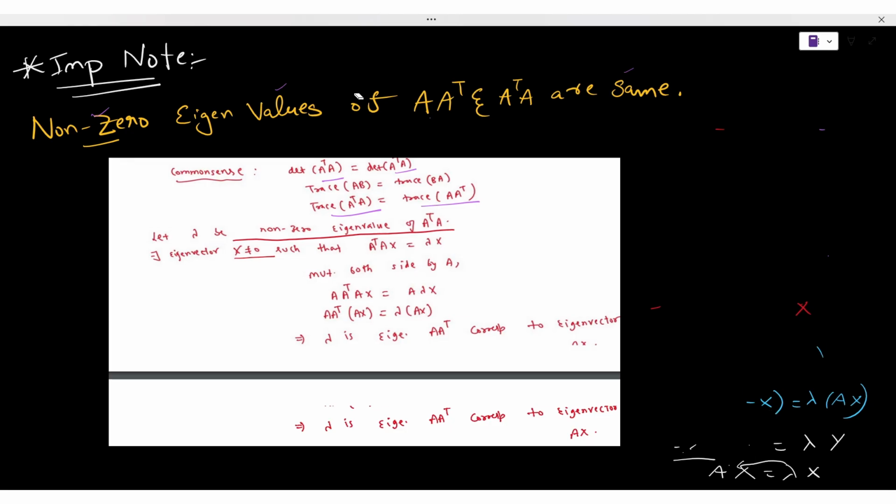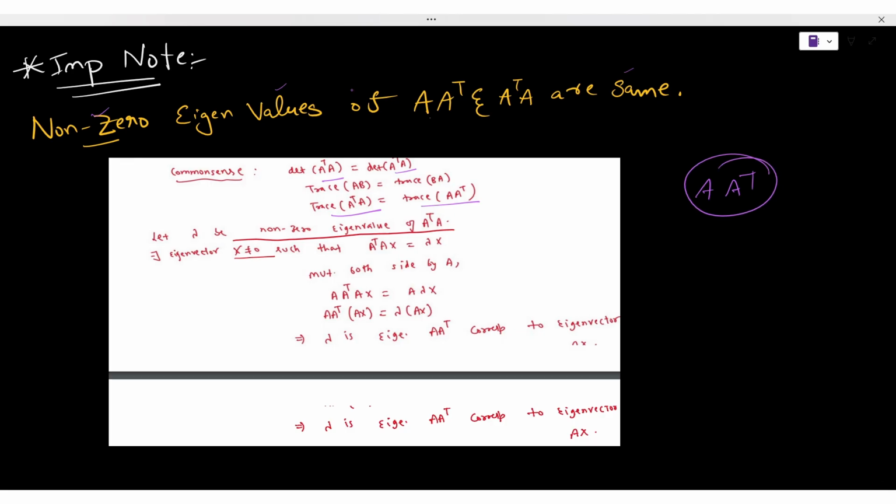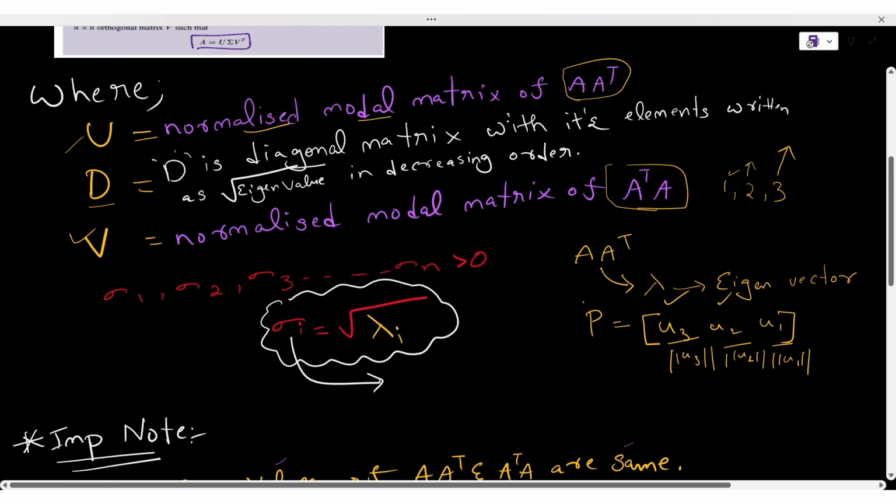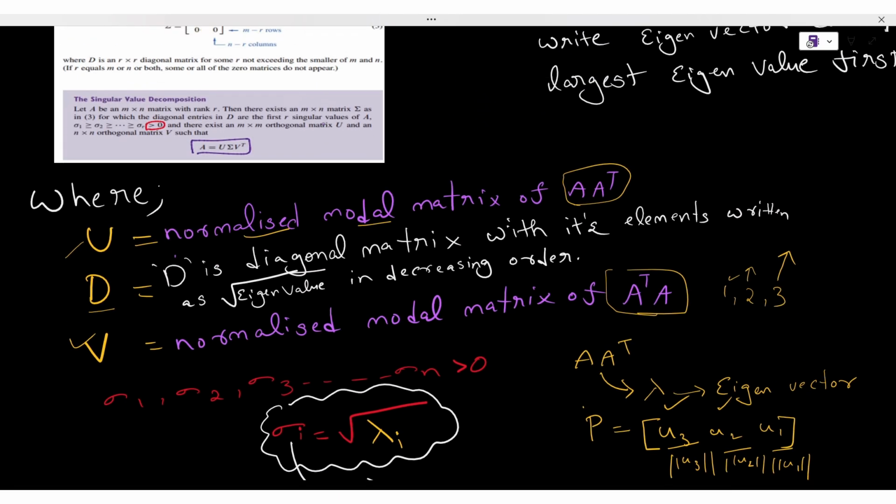So non-zero eigenvalues of A into A transpose and A transpose into A are always same. So no need of calculating the eigenvalues separately for A transpose into A, if we are already getting all the non-zero eigenvalues of A into A transpose. We will see in this problem. See, so how to calculate D once we will see, and what is D also. D is